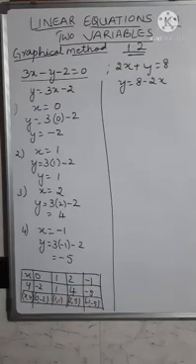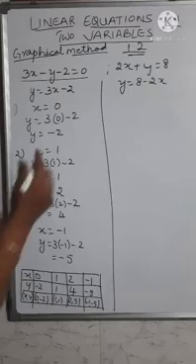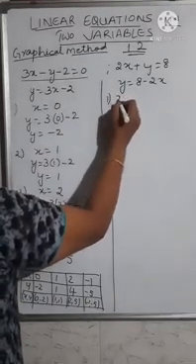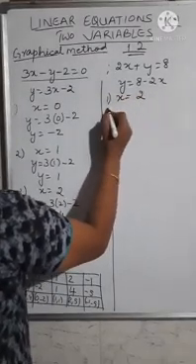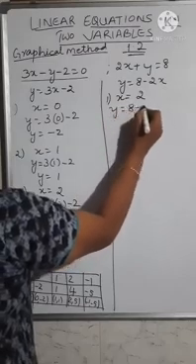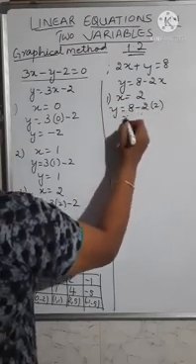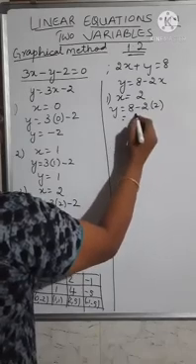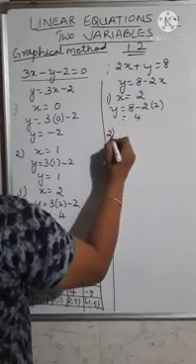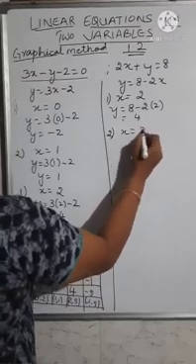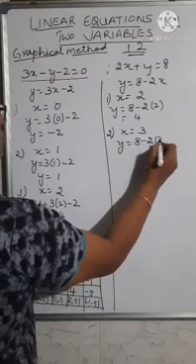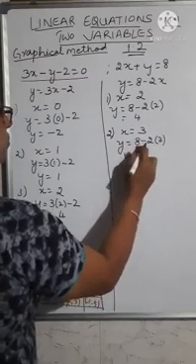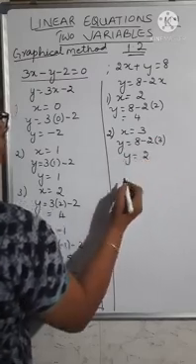Now find the value of y by giving different values for x. First we'll take the value of x as 2. So y will be equal to 8 minus 2 into 2. 2 2s are 4, 8 minus 4 is 4. Then I'll take the value of x as 3. So you get y is equal to 8 minus 2 into 3. So y is equal to 8 minus 6, which is equal to 2.